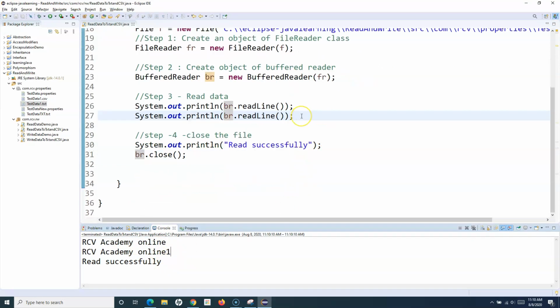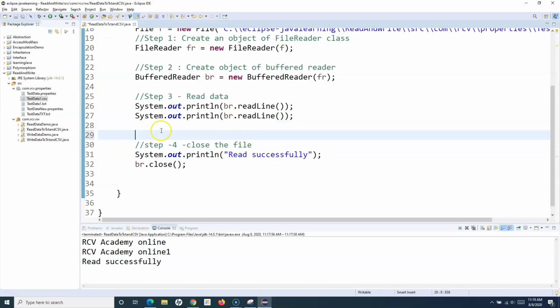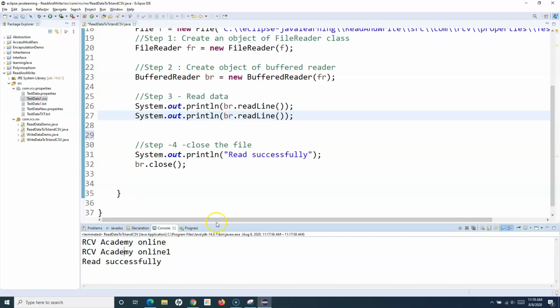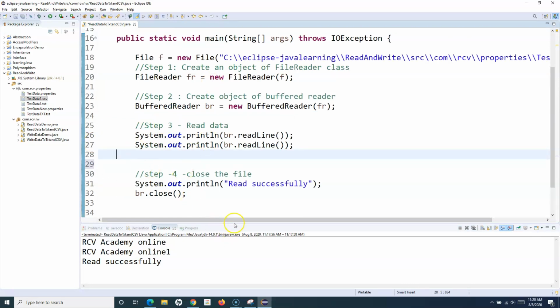But this is not the actual scenario or how you will be doing it in the actual tests. In your real test cases, you will most probably be using loops to check the presence of content in that particular file. I'll use the while loop to see that the content is there in that particular line, in that particular document. And as long as the text is there, you keep reading the file and it will print it on your console. So depending on what the scenario or requirement is, you can use the similar concept to read the data